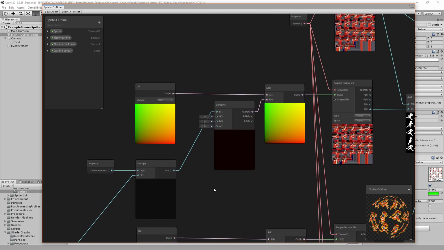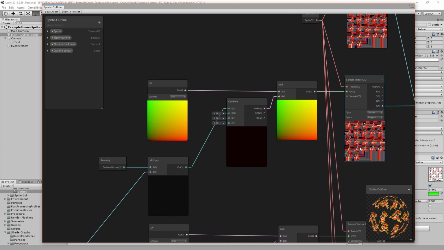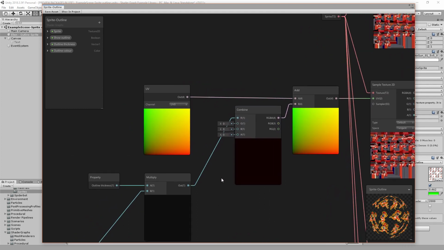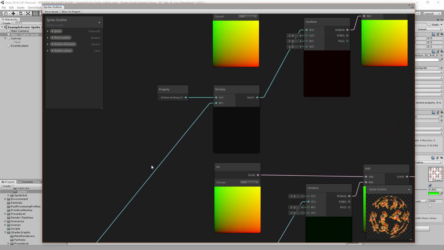But what I'm doing is shifting the UV of this particular texture just a little bit to one side. So this is what duplicating the alpha channel one time and shifting it very slightly along the x-axis looks like. I take the UV channel, I take the outline thickness property, and I multiply that with